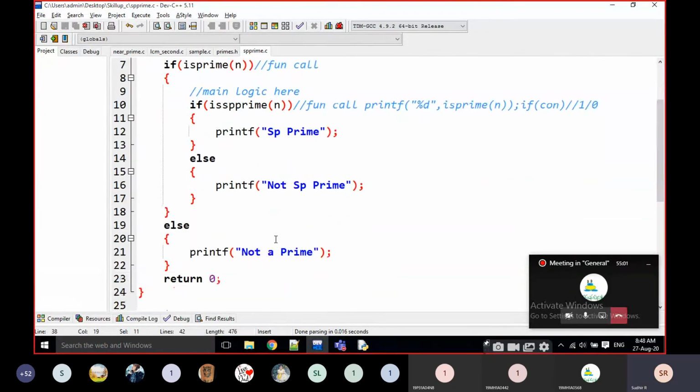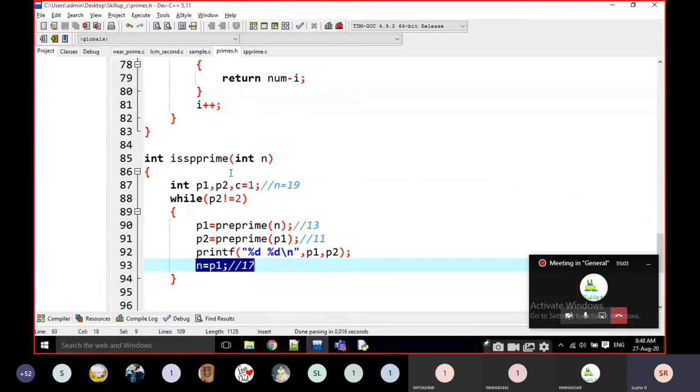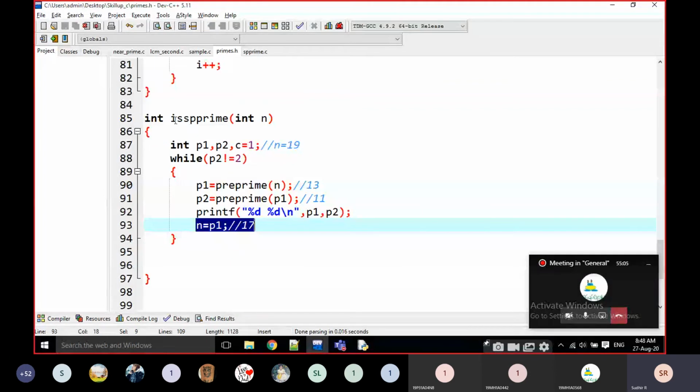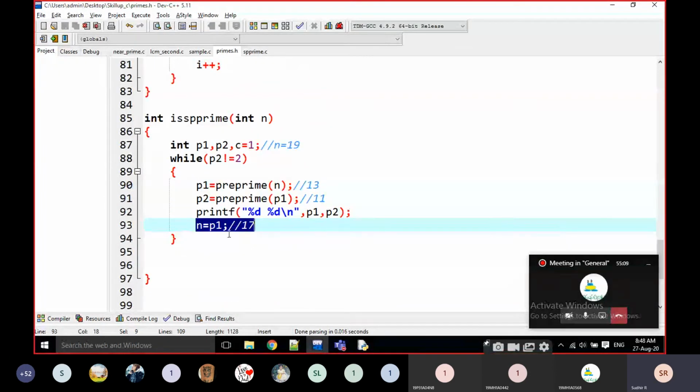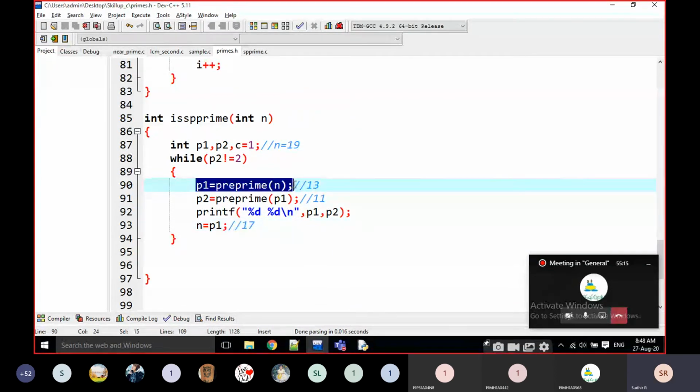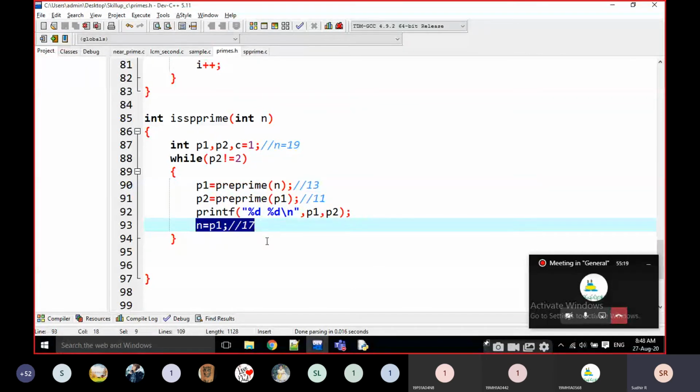There is no special functionality in the main program. The main functionality is in is prime and previous prime. I am going to find every time the previous prime of n. Really, the main logic is in this line only: n is equal to p1 is the key logic here.